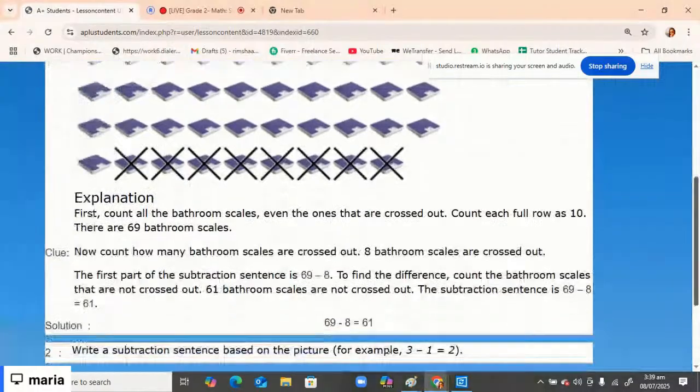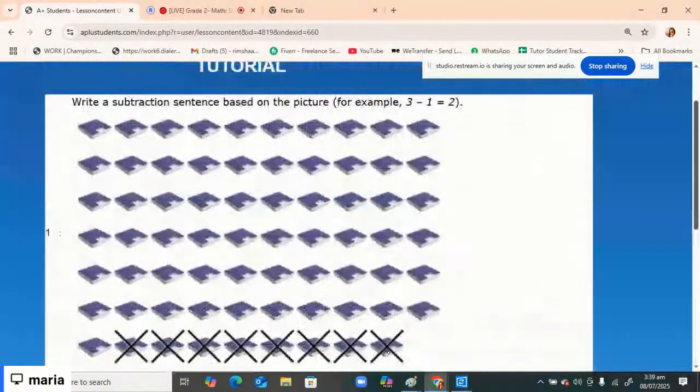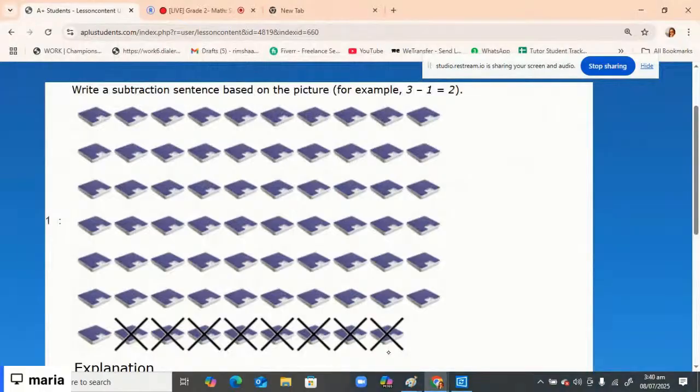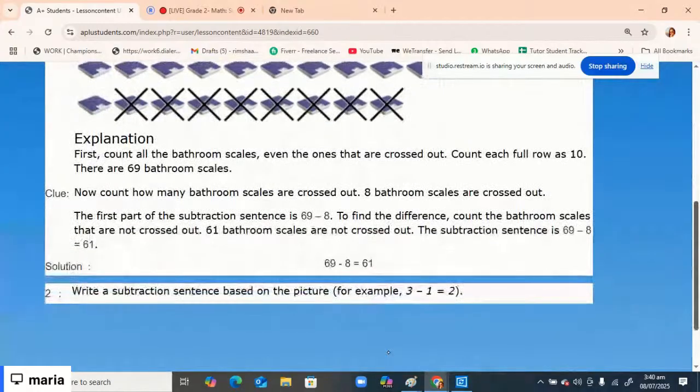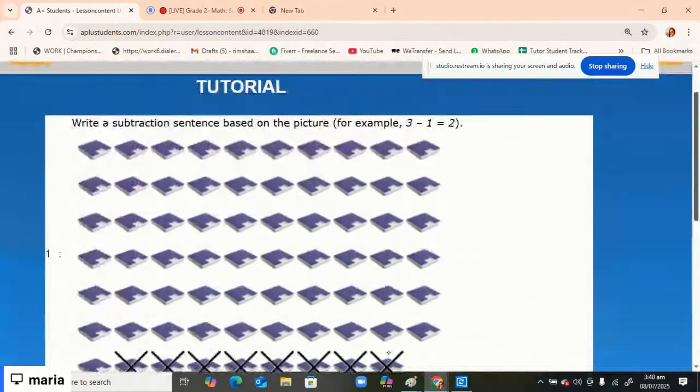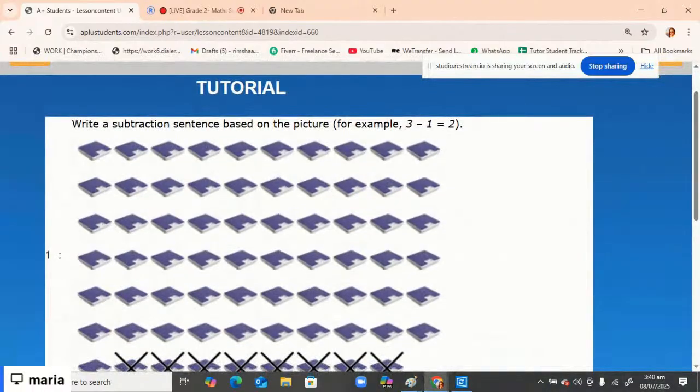Okay, look here. Let's suppose these are all the things. You need to count them first. 1, 2, 3, 4, 5, 6, 7, 8, 9, 10. This is 10, 20, 30, 40, 50, 60, 69. Then minus 8 or minus 7. How many left? You check it out. 69 minus 8, then you check. Okay, this is the way that we solve it. All the pictures are given, you count the pictures, then check how many are colored, then check how many are not colored. Minus it then. Okay,